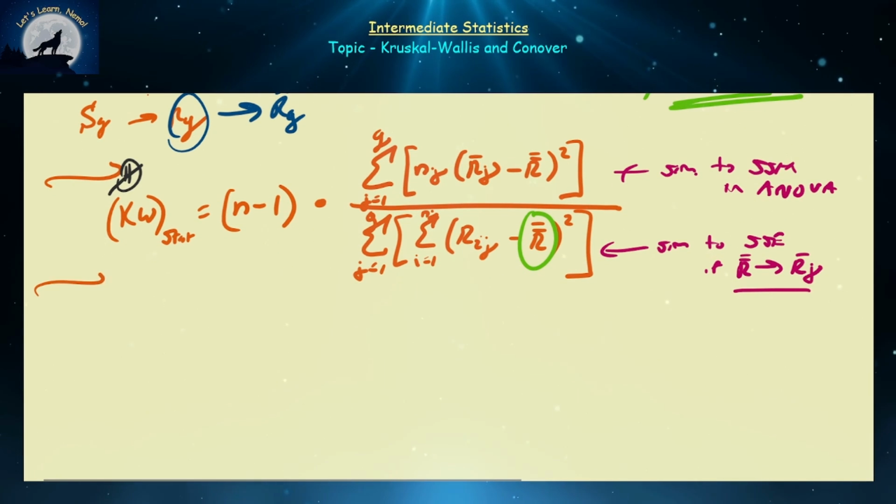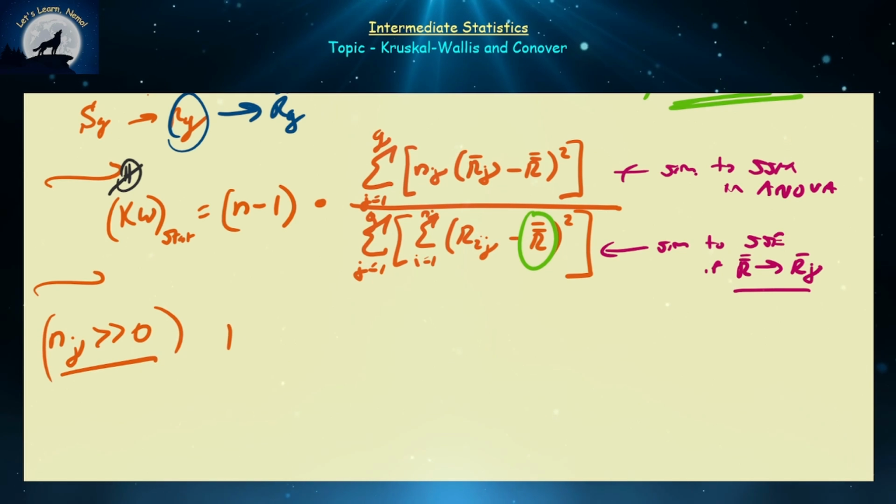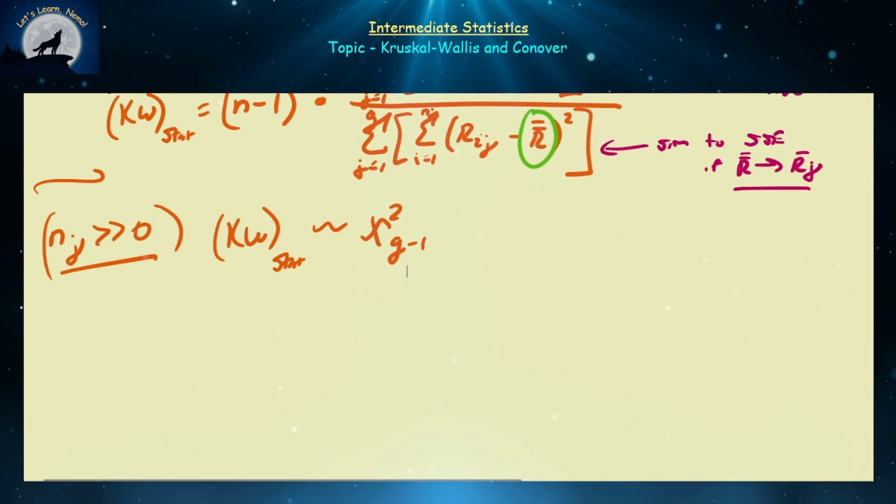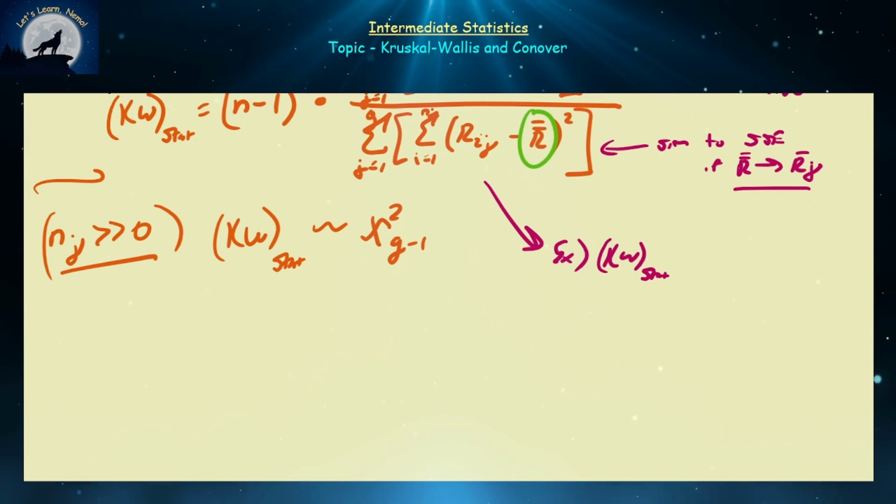Now, one very beautiful thing about this is we don't actually have to use the Wilcoxon distribution to get critical values, because if each of these n's is significantly large, and some people will use 5 and 10 as cutoffs, but technically it really depends on the scenario, this test statistic is going to follow a chi-squared distribution with g minus 1 degrees of freedom. That's a distribution that we know very well. In case you're trying to calculate this, our KW stat for our two groups, even though technically you're not supposed to be using KW for two groups, is going to be approximately equal to